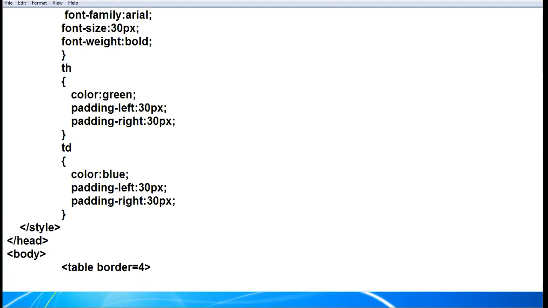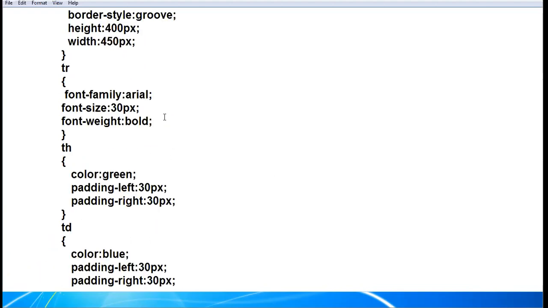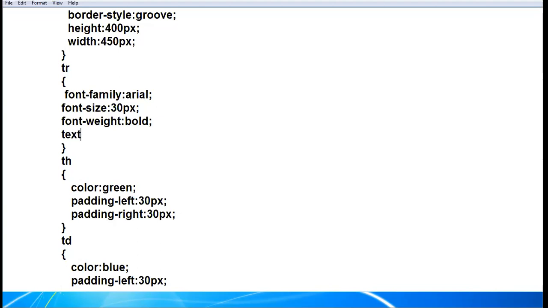I am taking here tr. Let us set the alignment also. I want the data to be centrally aligned, so I am adding one more property in the tr, text align center. Every row's data will be centrally aligned.